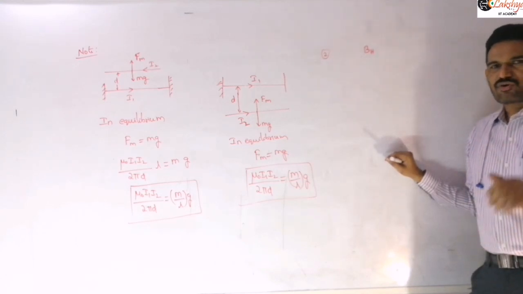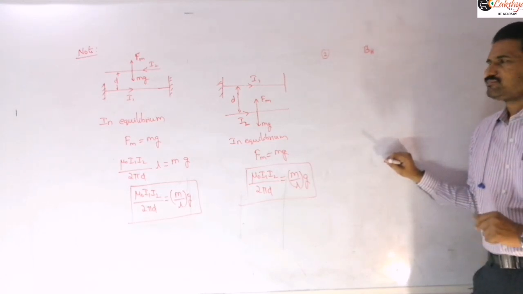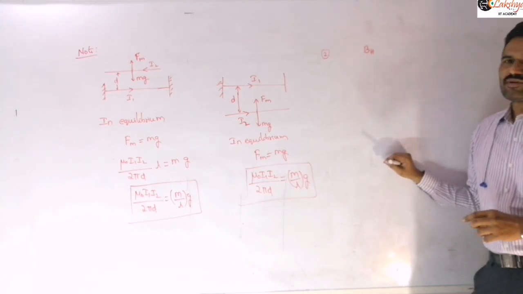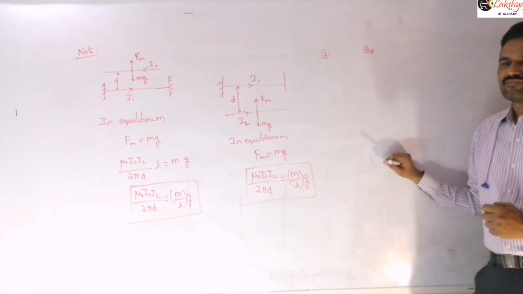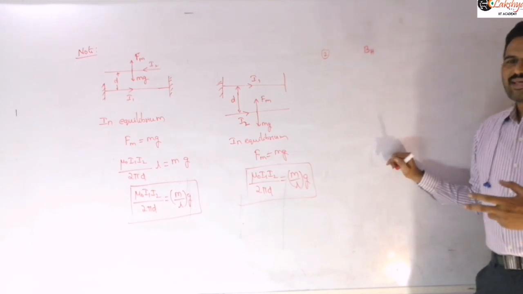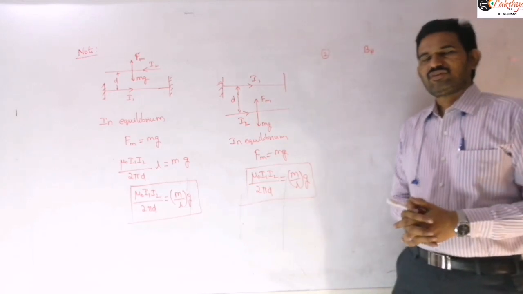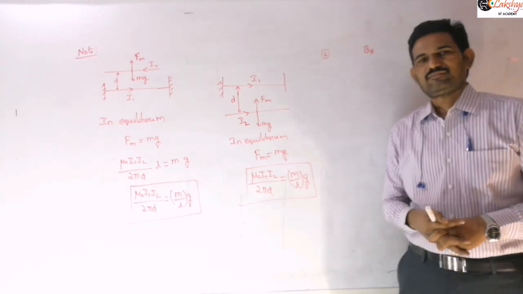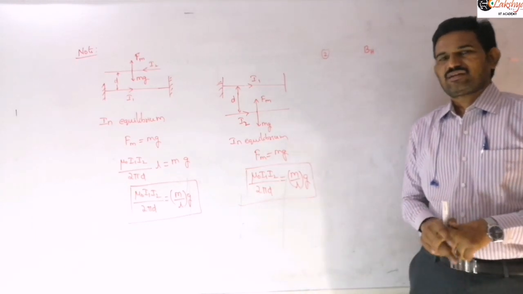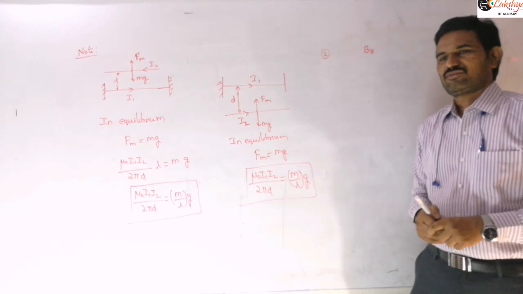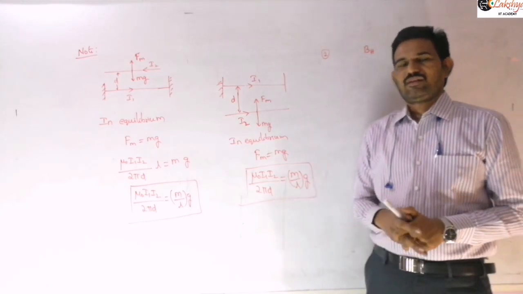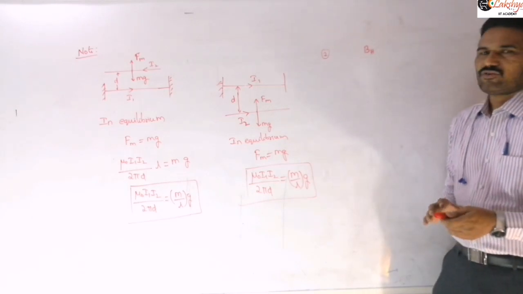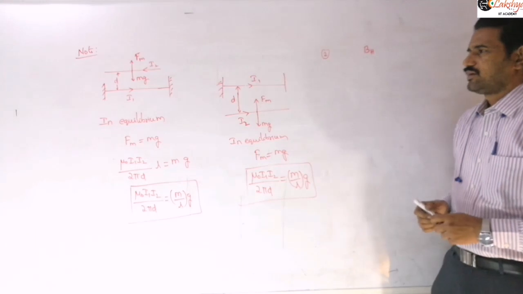The effect of the vertical component will be there, that we will discuss later. Only the horizontal component I am taking here. If this wire remains suspended in air, then the current flowing through the conductor is given by,